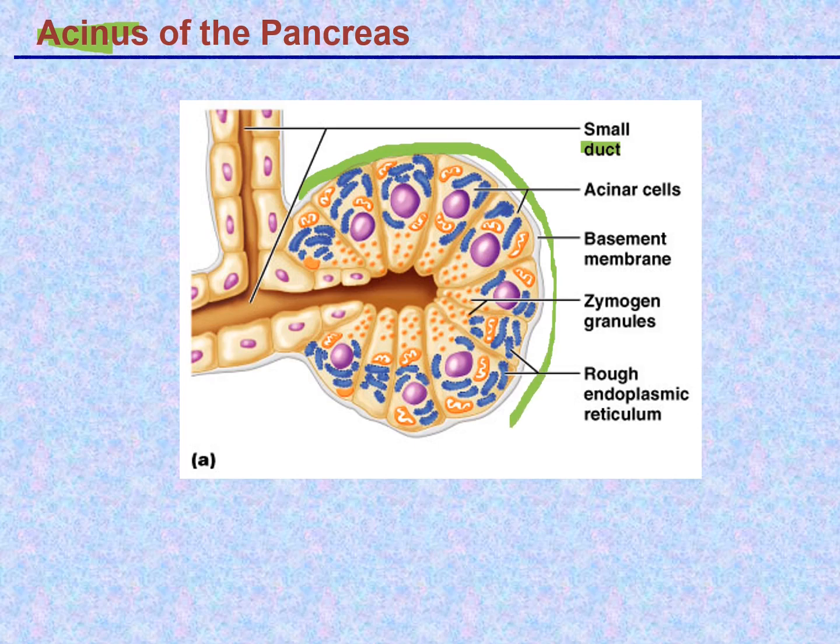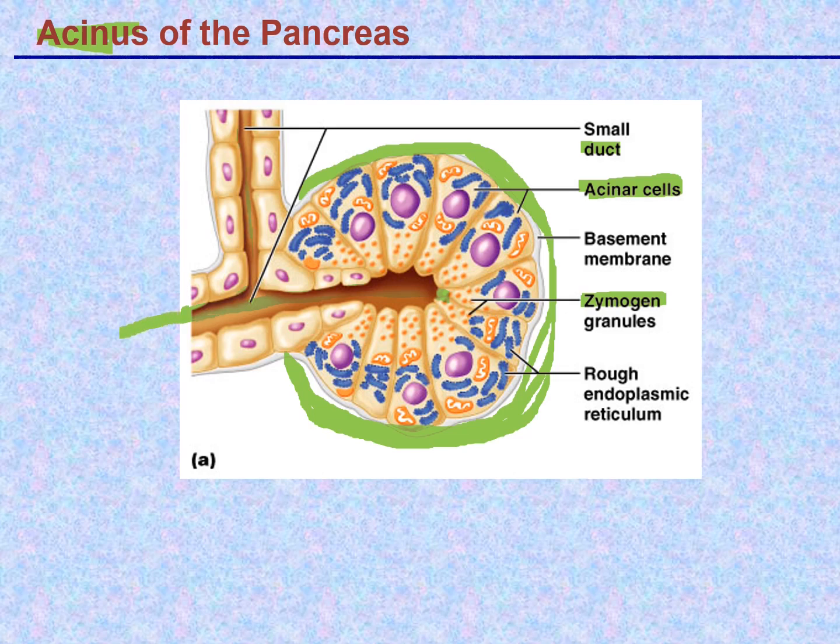Remember, we're just cutting, this is a cross section, so the sphere looks like a circle, but it's really a three-dimensional sphere, not a circle, but a sphere, like a marble with a duct in the middle. And these pancreatic acinar cells are producing the enzymes, and the digestive enzymes are always produced in inactive form. They're not active. A general term for inactive enzymes is zymogen. So these zymogens are produced and secreted here into this space of this duct, and the duct, here's another duct coming down,